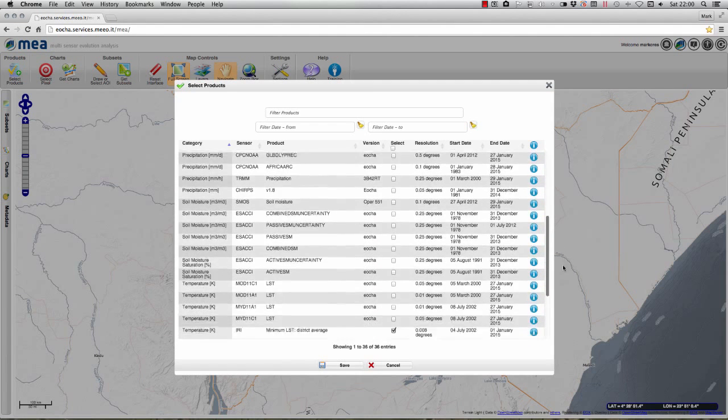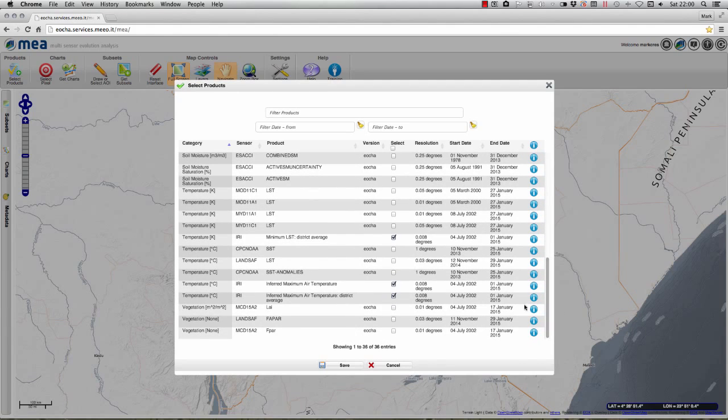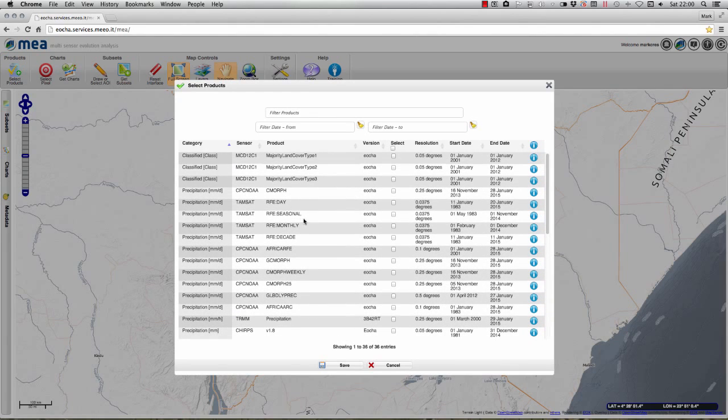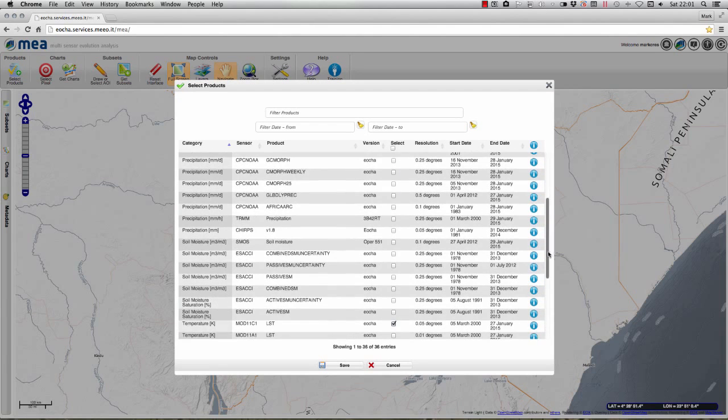Now I'm really just going to download a few little bits of data. I've got the air temperature, and I'm going to have a look at land surface temperature and maybe some rainfall. So I'll have a look at some of the data generated by TAMSAT at University of Reading. So we've got some decadal and we've got some monthly rainfall data there. And once you're happy selecting the different data products that you want, underneath the select column, you can just click